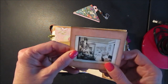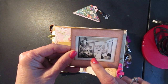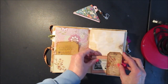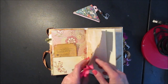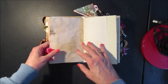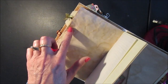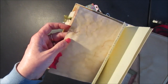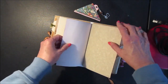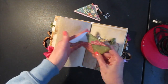And an old picture of an old hospital setting. And then there's just a little envelope. You can tuck something in here. And I stitched some fabric flowered petals to the edge of the pages, and I did the same treatment here. Wherever your page is ripped, you can just ink around the edges, and it just gives it a nice old look. And I've got some more pages to write in here, and then here's another one of these little envelopes,